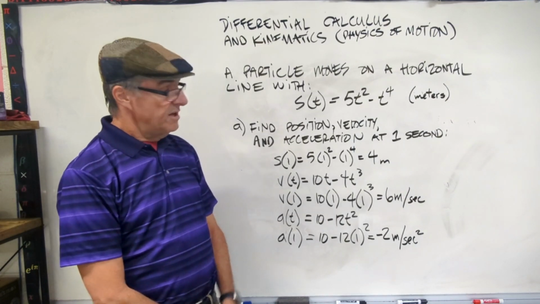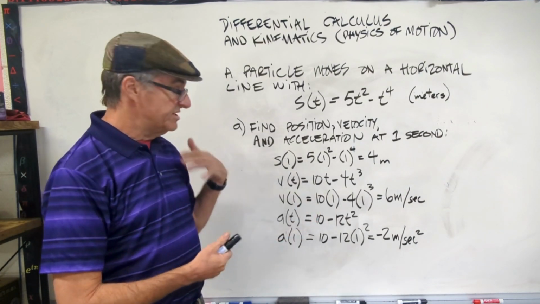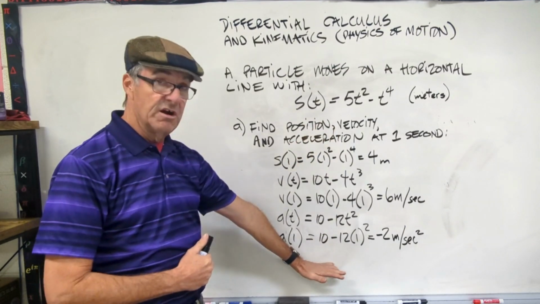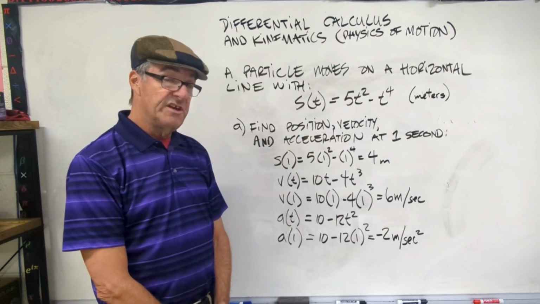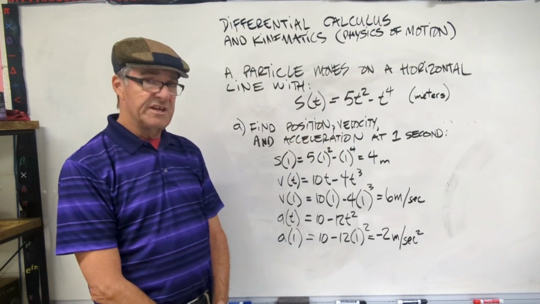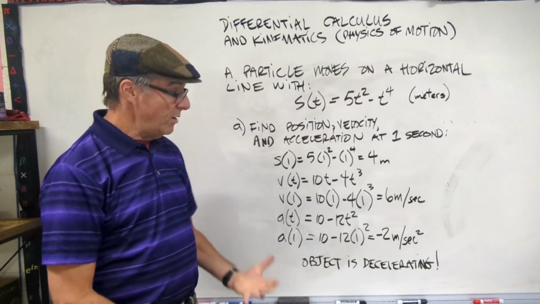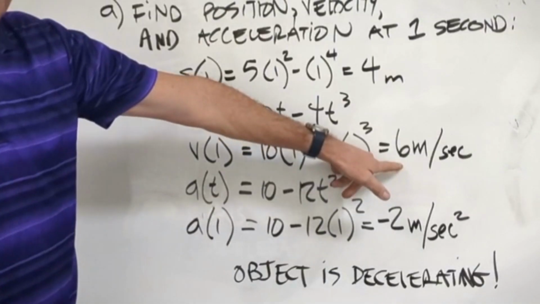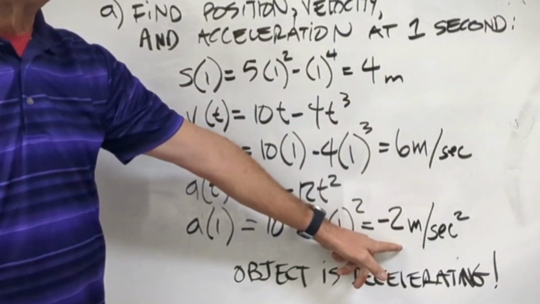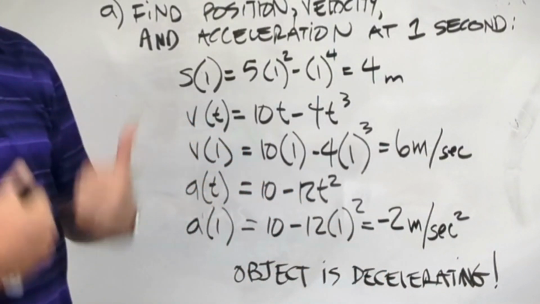Now, there's something we did on the last board that allows you to say one more thing here about our results. So maybe flip back in your notes, take a look at that, see what you think it is, and then come back. So what we're seeing here is the velocity is positive, the acceleration is negative, so the object is